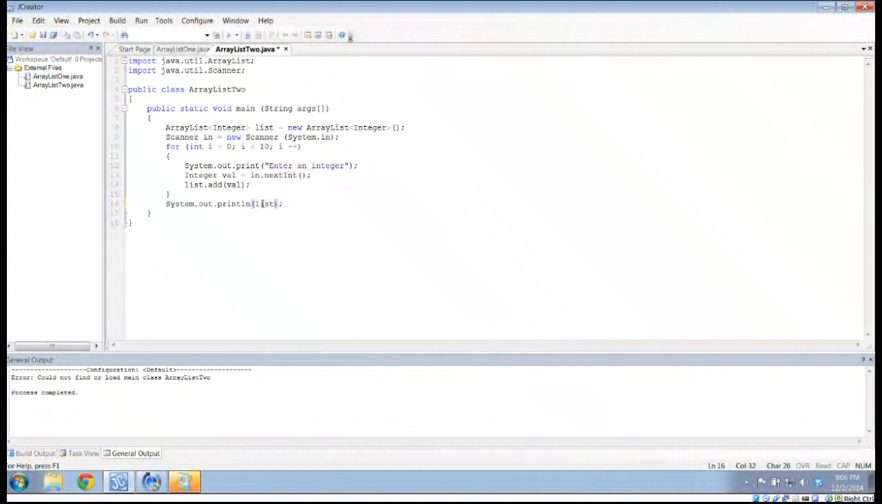Because val's not declared in the scope. Val's only declared in these integers. So enter an integer. I'm going to type in a 7 and a 3 and a 29 and a 4